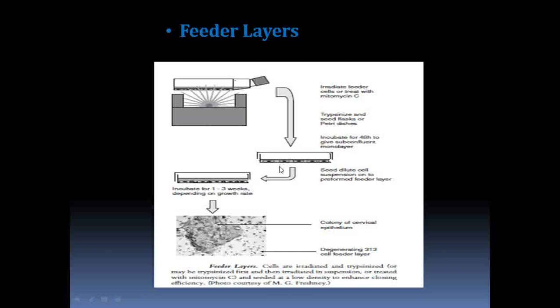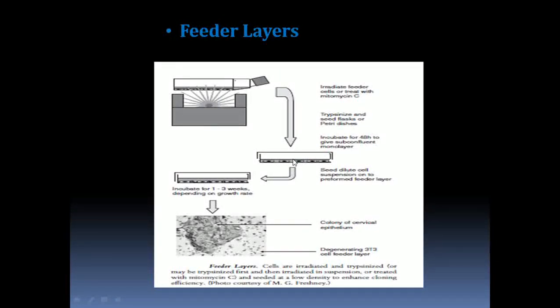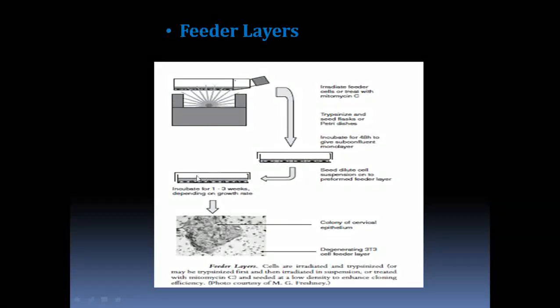Fine. So here is subconfluency, as in it is not completely grown. They are grown to a certain level where there is a gap in between and no contact. So it is a subconfluent monolayer, and this gap will help our suspension culture get seeded with the medium that we are going to add further, right? At the same time, this medium is rich in the feeder part, which adds more nutrients. Can you see that there is a gap in between? So these cells can now feed the cells which we are going to seed as a cloning cell, right? So I will add or seed the cloning cell now, and further incubation will be done.